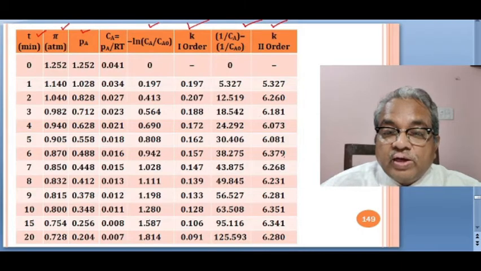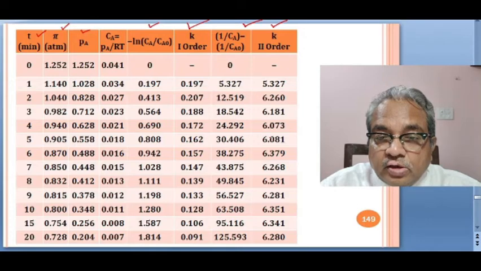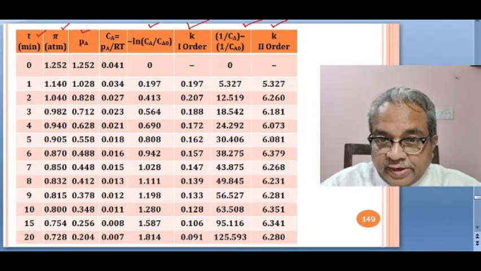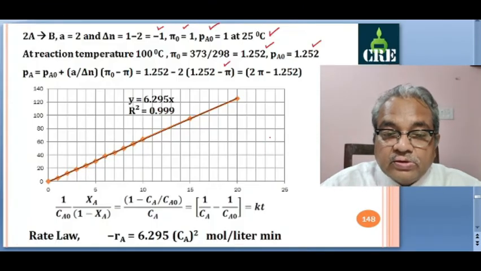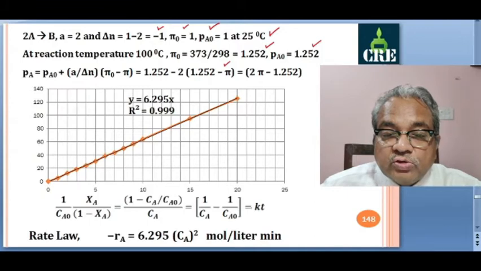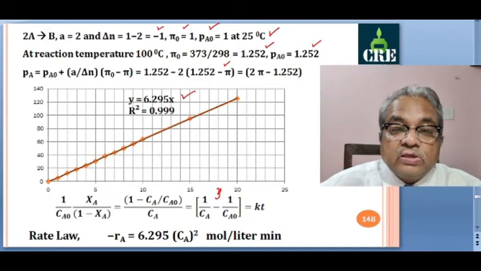So you can average this value of K and conclude that this is second order rate from this trial and error of first and second order. So second order is confirmed. This equation we use, 1 upon Ca minus 1 upon Ca0 is equal to Kt. So this is plotted on y-axis as a function of time. The slope will give you K directly. So this is the best fit line.